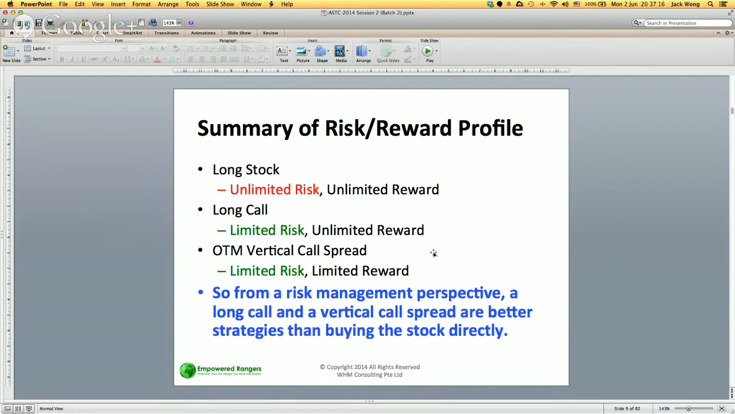So in terms of a summary of the risk-reward profile, long stock obviously gives us unlimited risk, something to bear in mind, with an unlimited reward position. For a long call, the good news is it is limited risk, unlimited reward. For a vertical call spread, that has a limited risk profile as well as a limited reward profile. So that means with different ways of using options or stock, you generate different kinds of risk-reward profile. From a risk management point of view, obviously, we prefer a long call and a vertical call spread to a long stock position, simply because going back to session one,